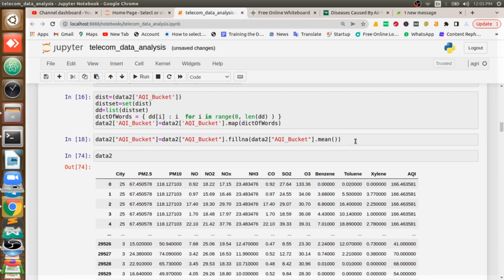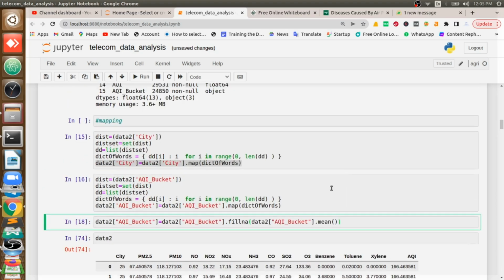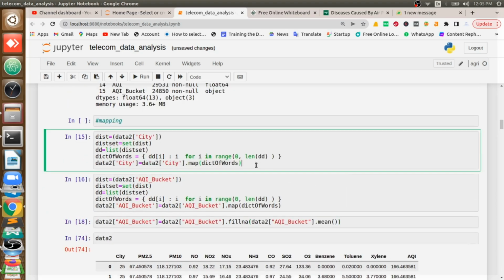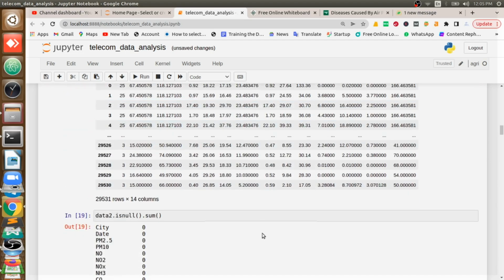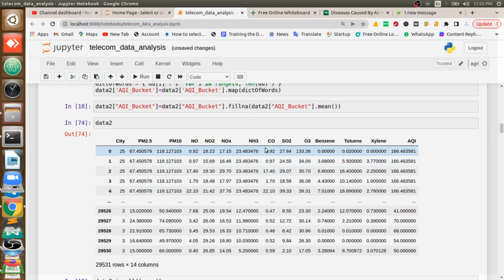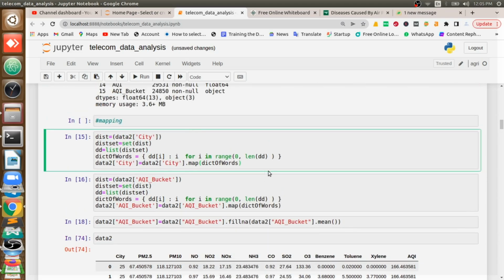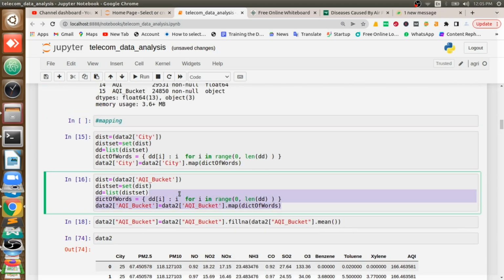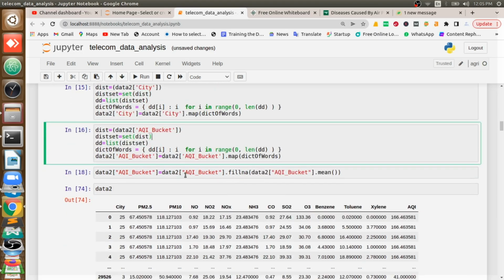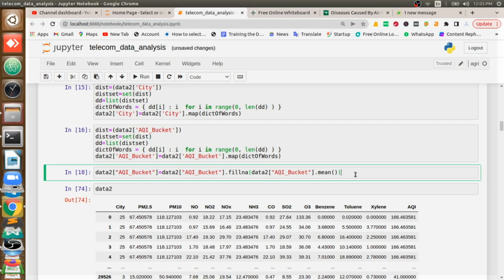I actually removed the AQI bucket here, and I will tell you the reason as we'll be removing that. I already did it, that's why I'm not getting the column here. Even so, I can convert the AQI bucket data from string to numerical format, and then I fill the AQI bucket separately.